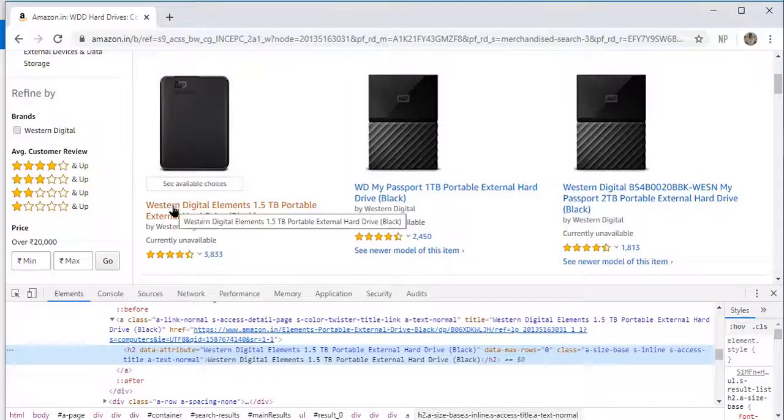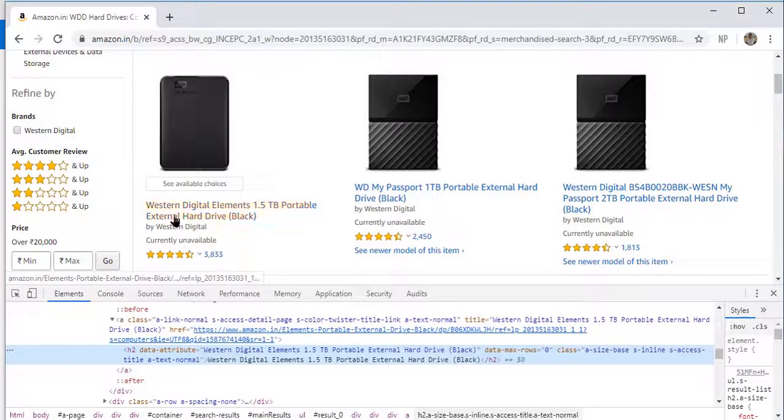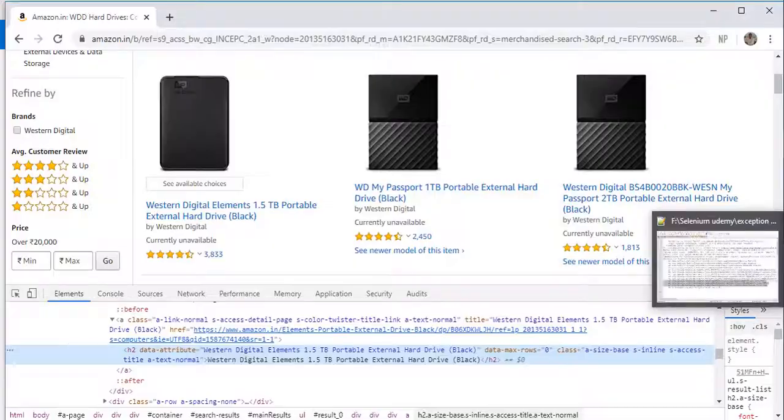If you find any one element in that, we can travel to the other properties of this particular hard drive, and to other elements or other products. I will start with a small example.